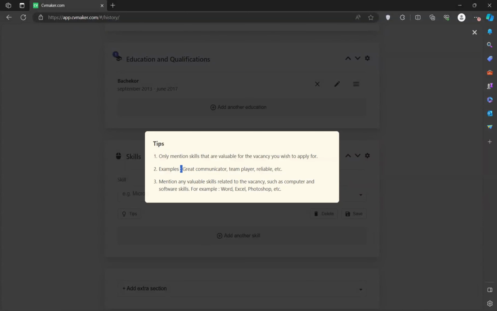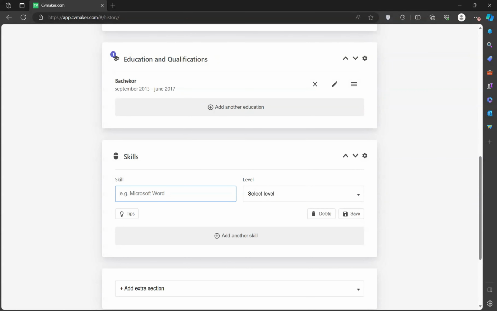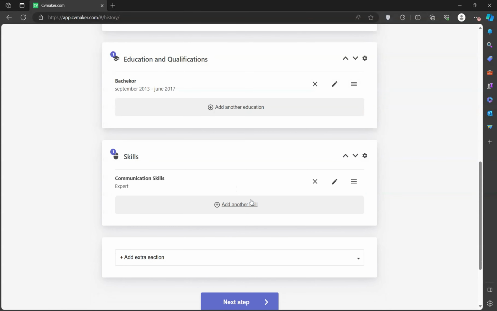By the way, great communicator is extremely, extremely important in cabin crew because communication is one of the most important factors in the job. Team players, same story. Reliable, same story. All of them. So let's choose communication skills, select level, expert, save it, add one more,